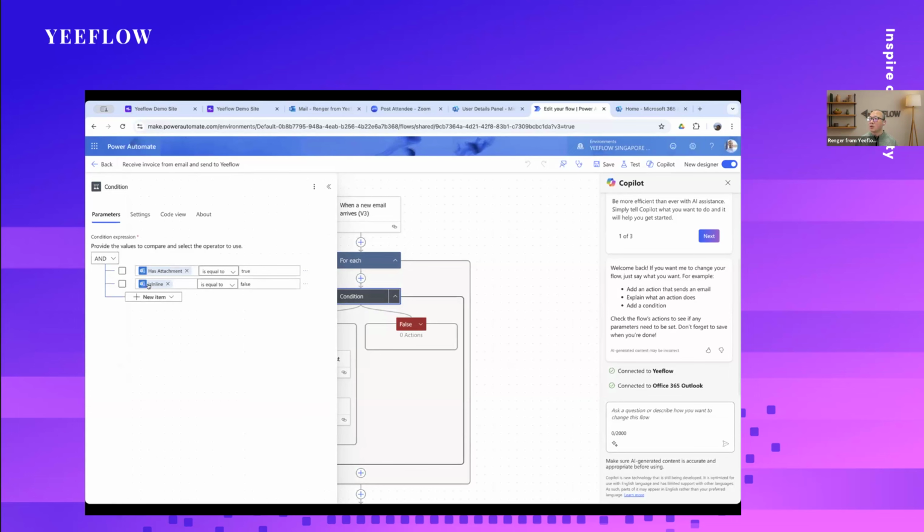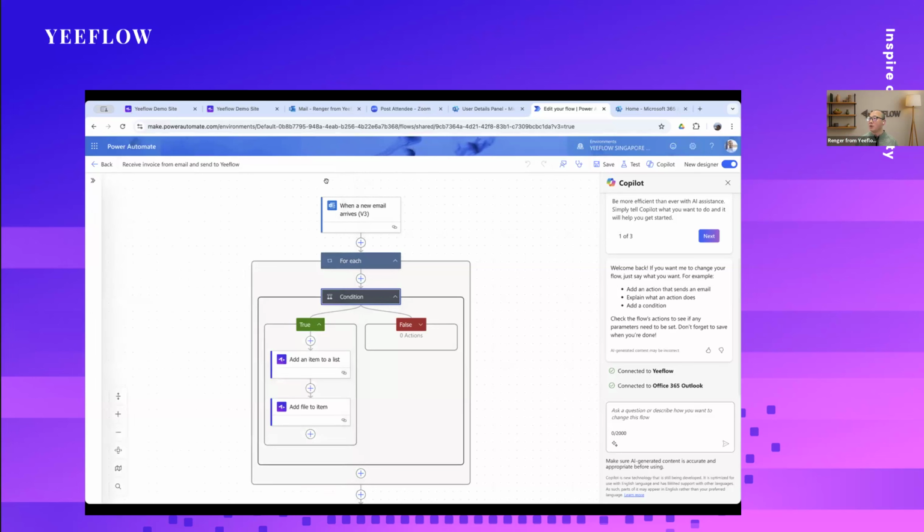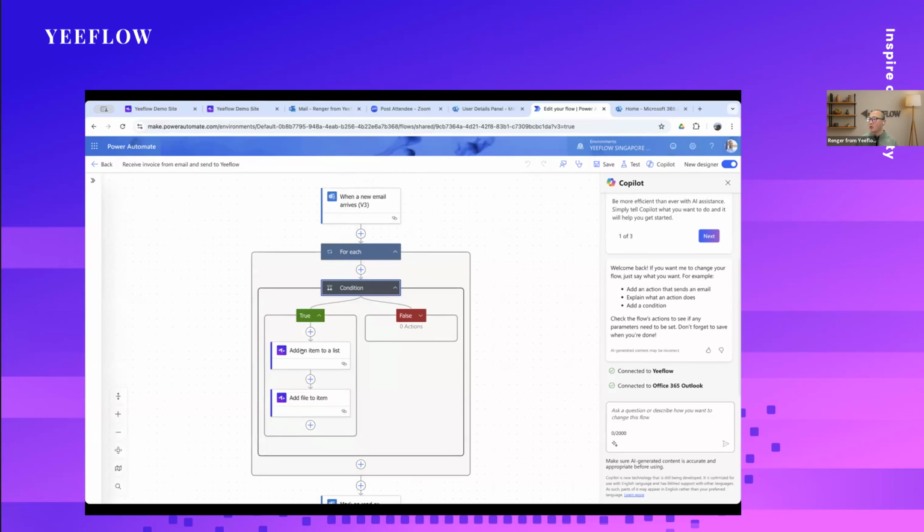we have this one. Inline is equal to false. This means, for example, for some emails, they have some signature, they have some pictures inside the body of the email. We can ignore those emails. Okay. Then what we can do is, if a qualified email comes in,